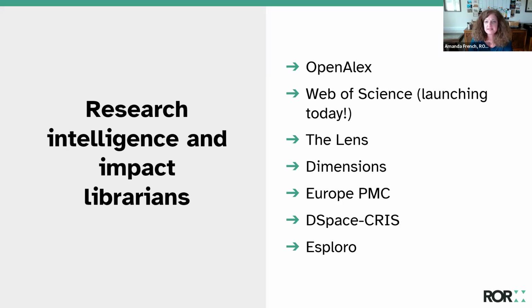You might also notice some systems that you use for research intelligence missing here. So for instance, perhaps something like Scopus. And if you're becoming convinced that ROR would be useful for you, and in fact for everybody in the scholarly communication ecosystem, you might want to contact them to ask about their plans for integrating ROR.